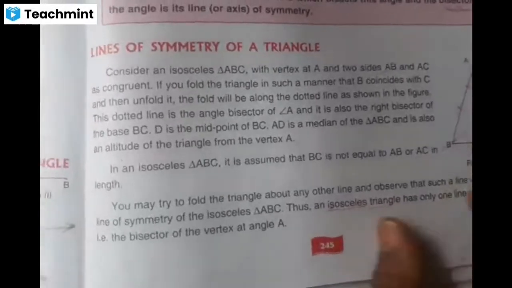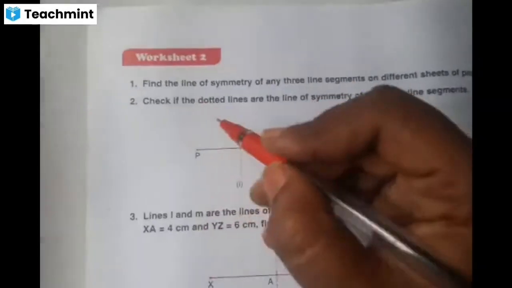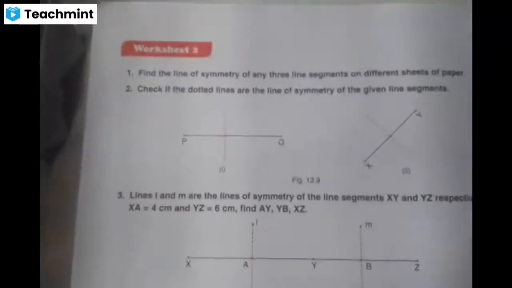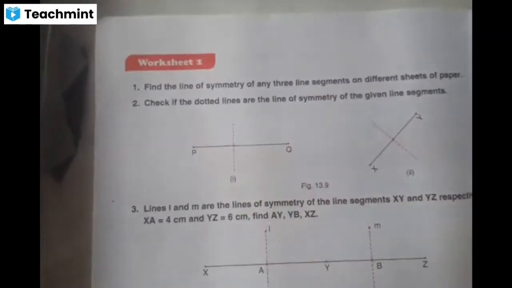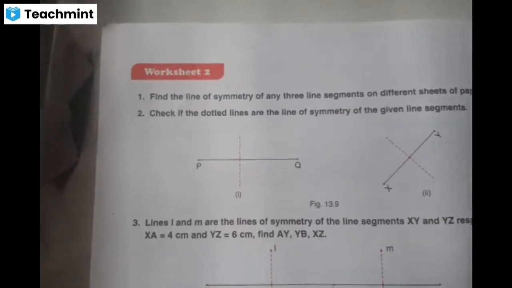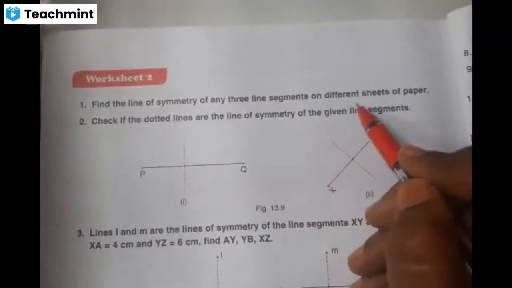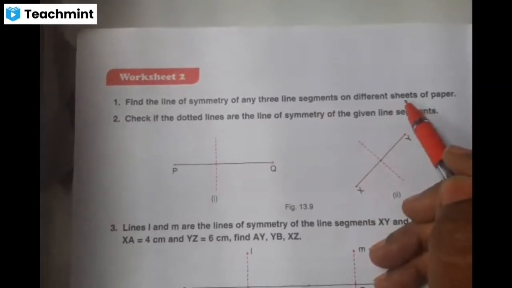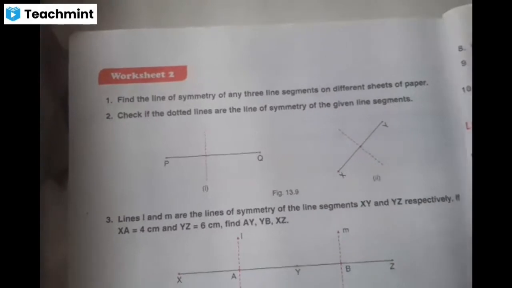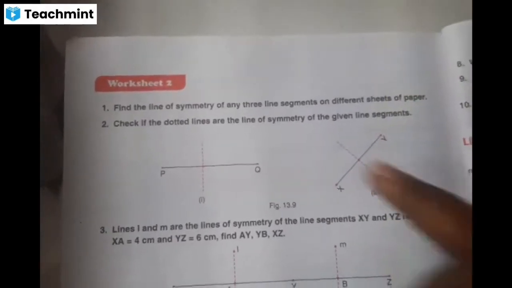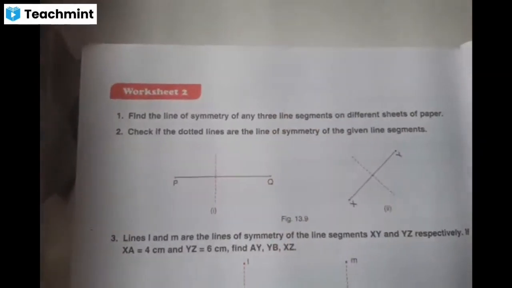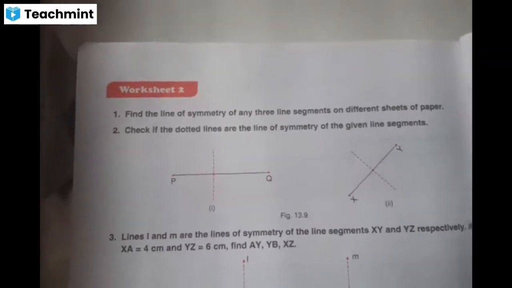So we will learn more about this line of symmetry in worksheet number 2, children. In worksheet number 2, what is the question? Find the line of symmetry of any three line segments on different sheets of paper. So here we have to find the line of symmetry, isn't it? Line of symmetry on different sheets of paper means...